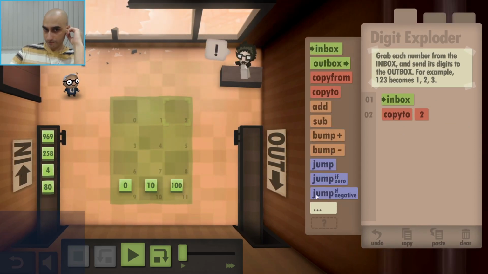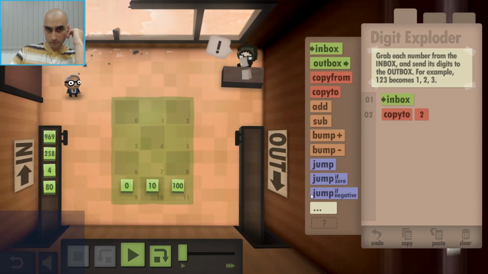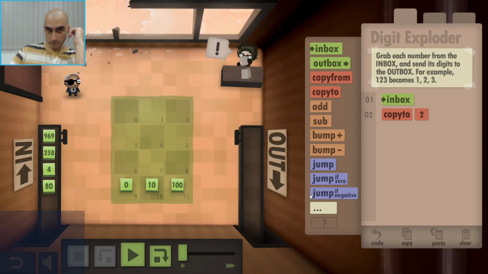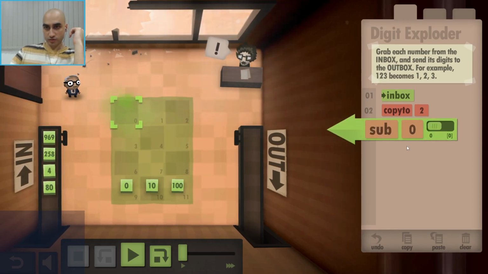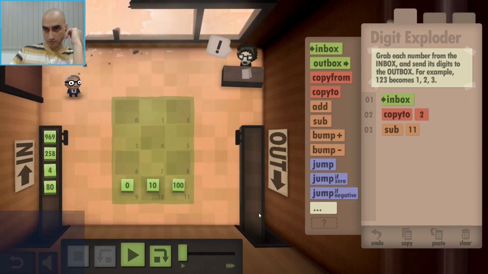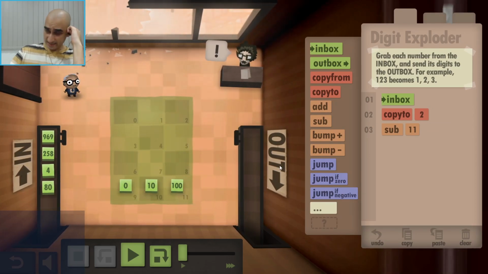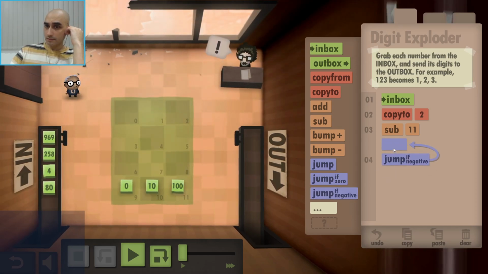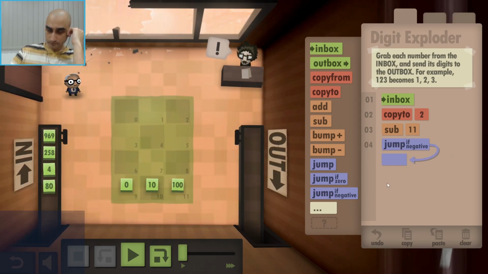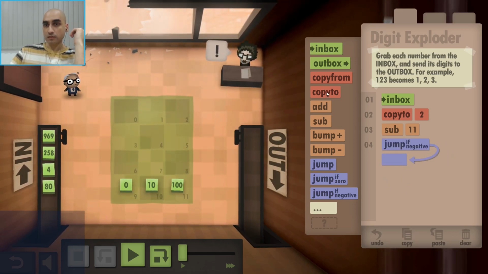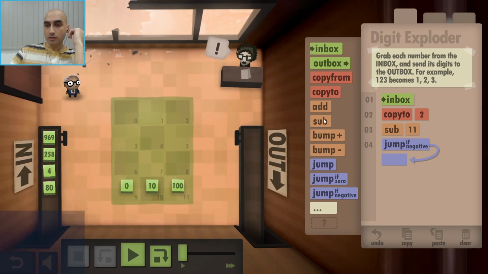Put it here. Now we subtract 100. If that's negative, we do this. What if it's not negative? We will